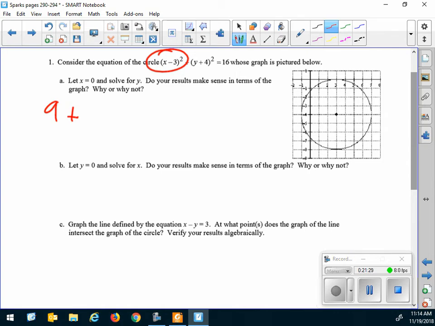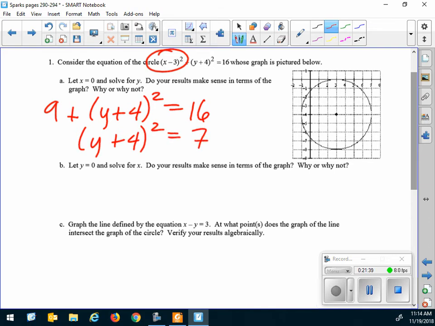And solve for y. What are we going to do? Square root. So I'll have y plus 4 equals plus or minus square root of 7. So y equals